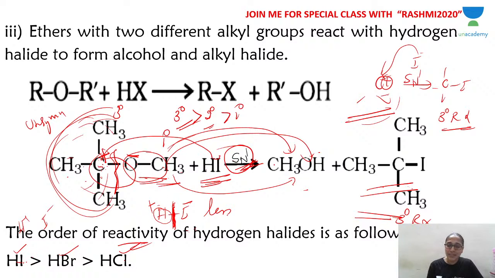See, if the H-X bond doesn't break, you will not have H plus and X minus ions for the reaction to take place. The hydrogen iodide should immediately form H plus and I minus. When does it form immediately? When the energy to break this bond is less. When will this energy be less? If this is I, because of the big I minus and the small H plus, the orbitals don't overlap effectively. So the bond is very weak, and less energy is required to break it. So hydrogen iodide is more reactive than hydrogen bromide, which is more reactive than hydrogen chloride.